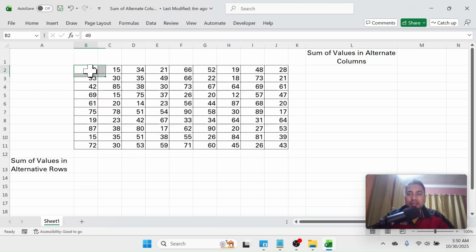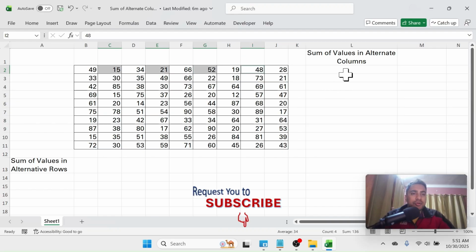Means if I select this number, then I have to skip the next one, then add the third number. By skipping the fourth, I need to add the fifth number and so on. Another case is the even columns in the range, like the second column, fourth column, sixth column, eighth column. In this case I can use a custom function which I have already created, which is the